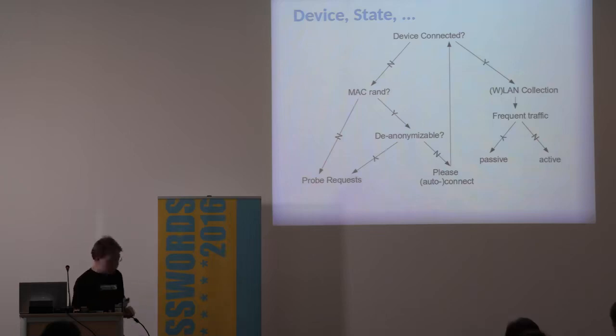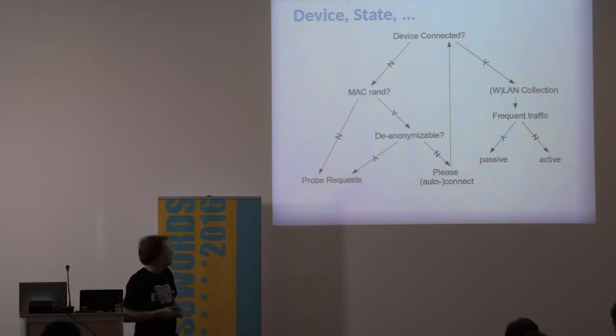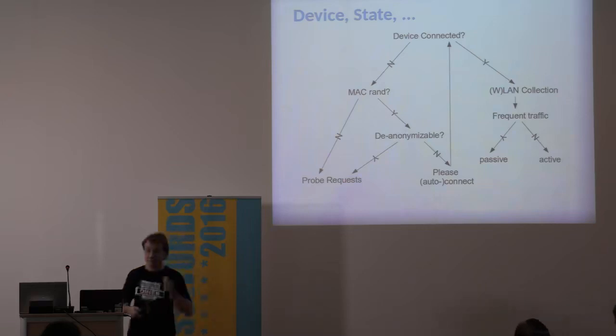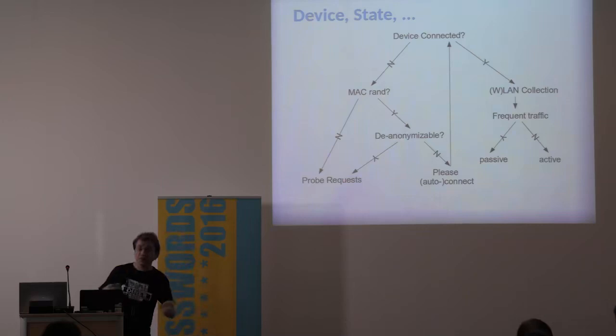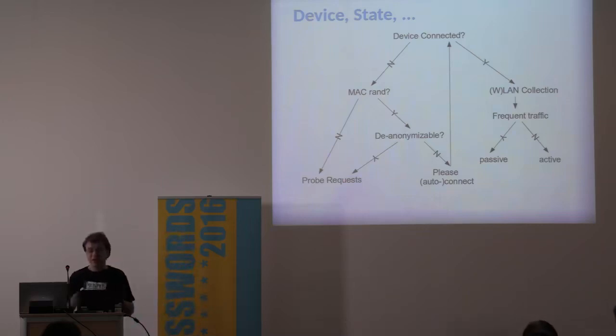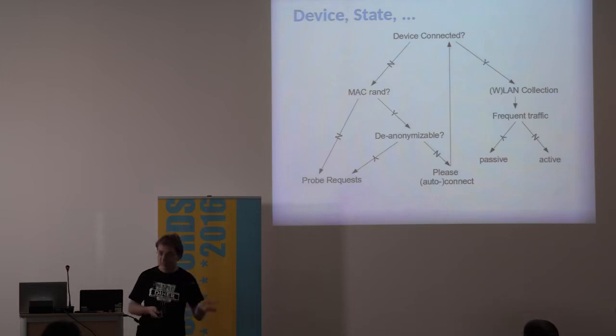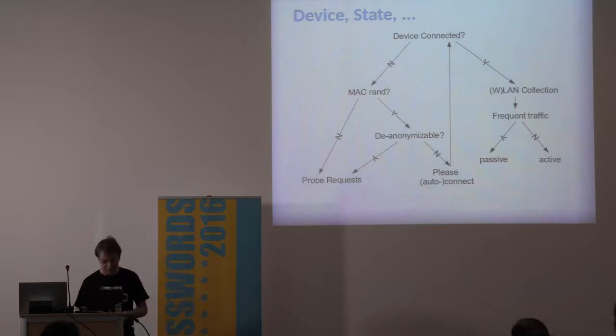And if we should actually get to a point where we have MAC randomization, but we cannot de-anonymize it, then the simple solution is to ask the people with this phone just to connect to the Wi-Fi. Most users use the Wi-Fi anyway by default and auto-connect to the Wi-Fi because you get much faster data rates, and it does not count toward your monthly limit. So with all this